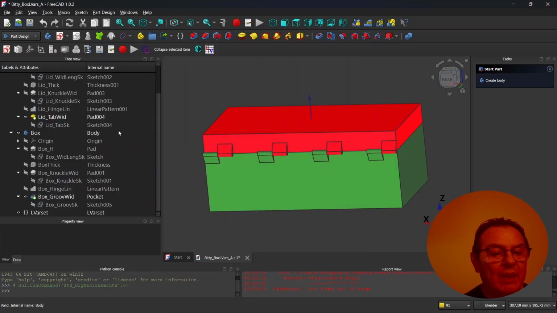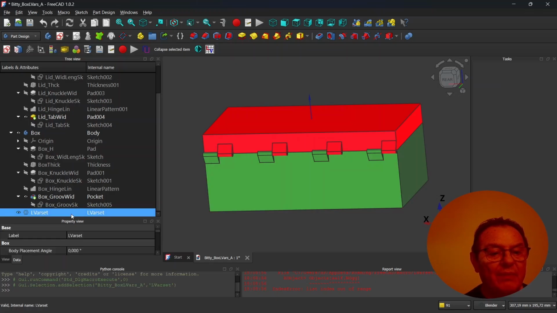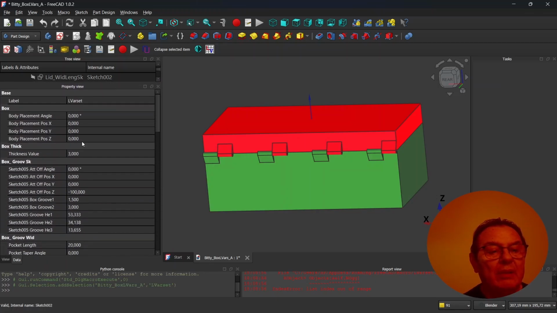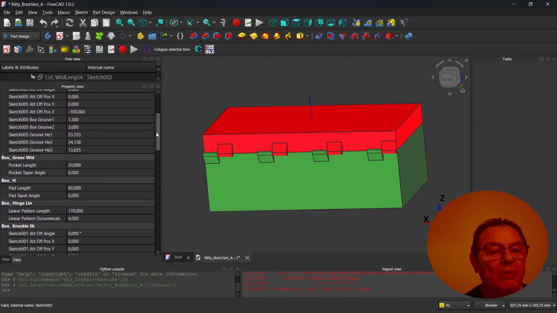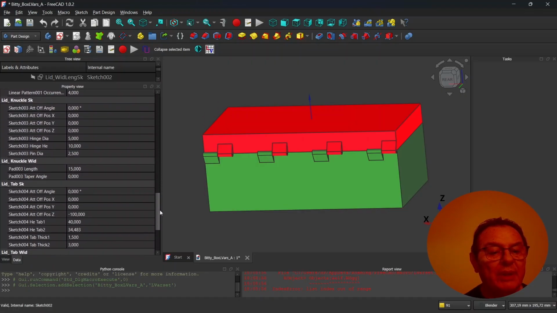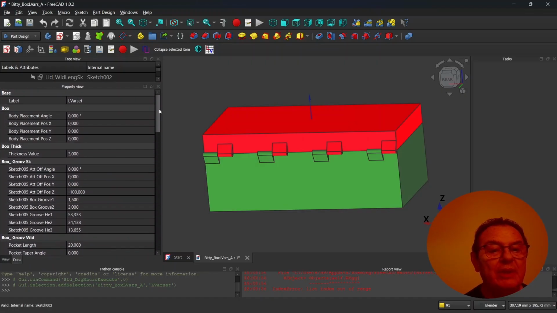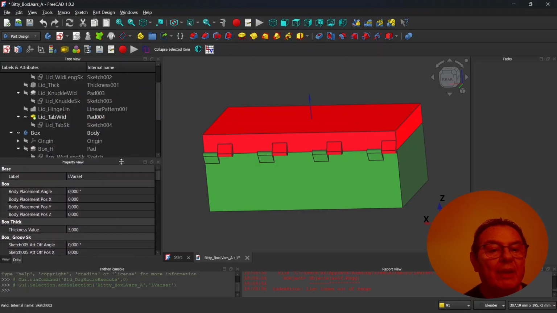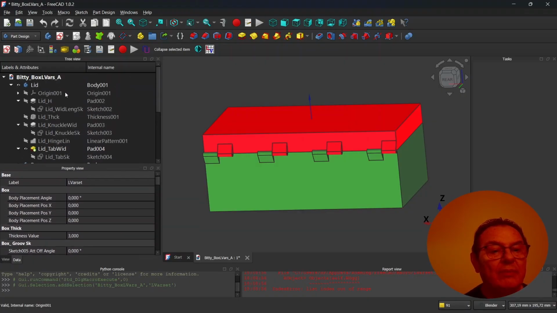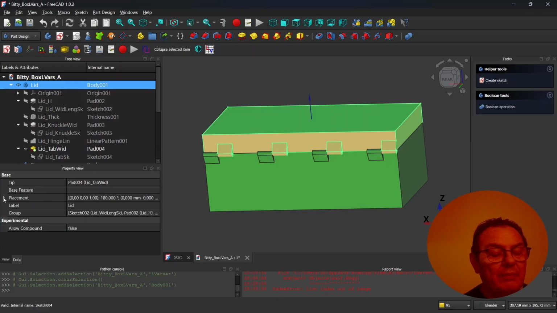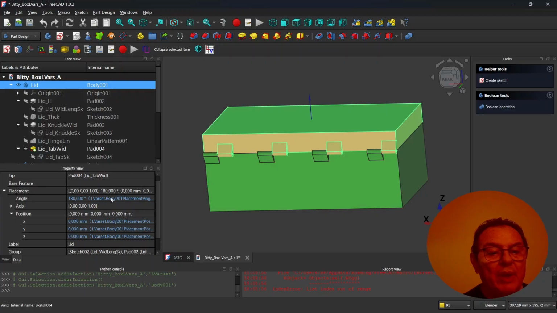Exit. Now if you look at the VarSet, there will be all the objects and all the properties we imported. It's a long list. And in the tree view, for example, for the body or the object, we can have the angle and the position of the placement, and all the properties are bound to the VarSet.